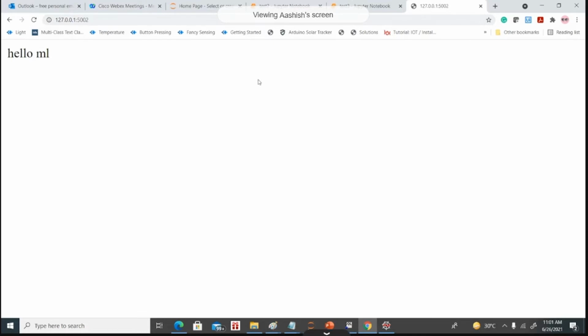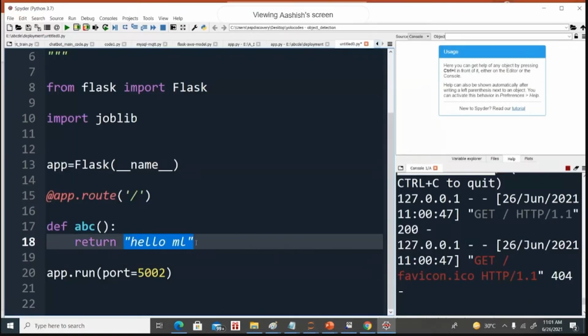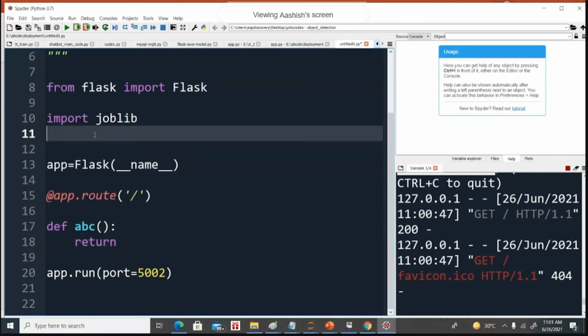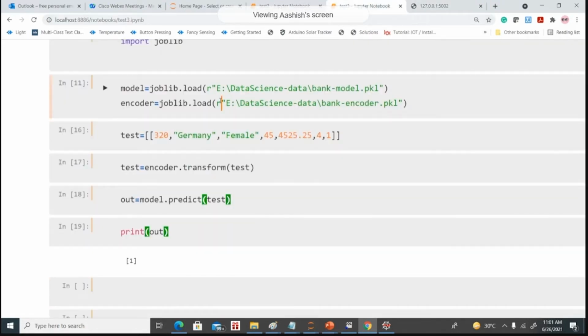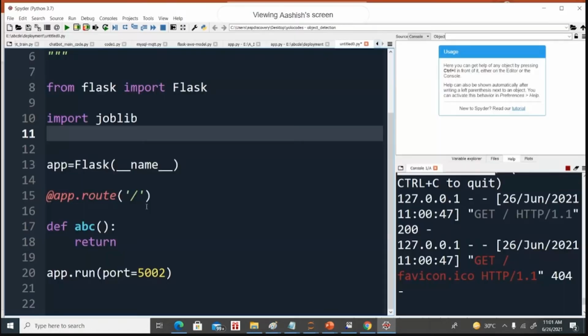Basically your web browser is a client, and whenever you enter the address of your server, it sends a GET request to the server, and the server accepts your request and returns the response. It calls that function, and the function produces this output. Then the server sends this output as a response to the user. We are going to use the same approach to deploy the machine learning model to the production environment. So here we write this particular part.